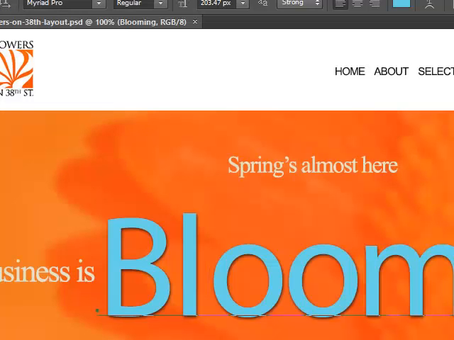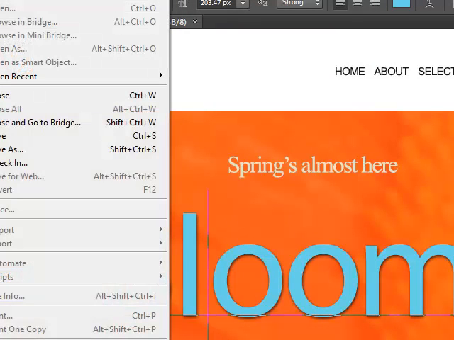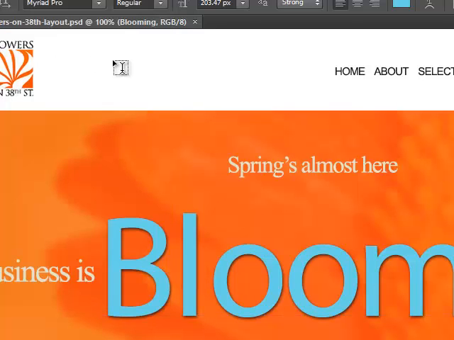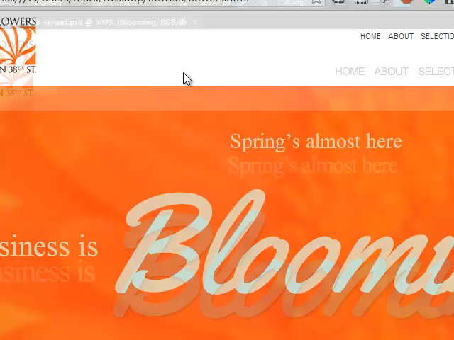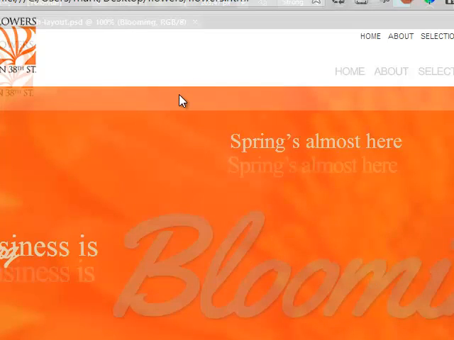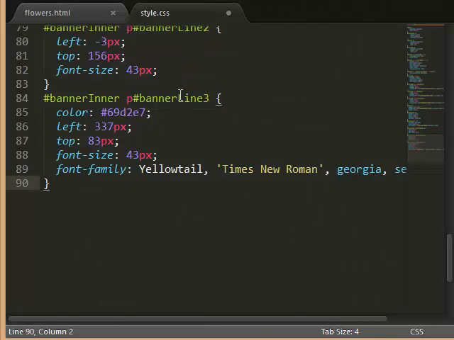Okay, so now we are getting somewhere. You can always revert your comps if you mess it up the way we just did. You could do File, but first hit Escape to get rid of the text tool. Oh, that'll fix it right there. Okay, great. So now if we refresh, I don't think I saved it. I didn't. Okay, if we refresh,